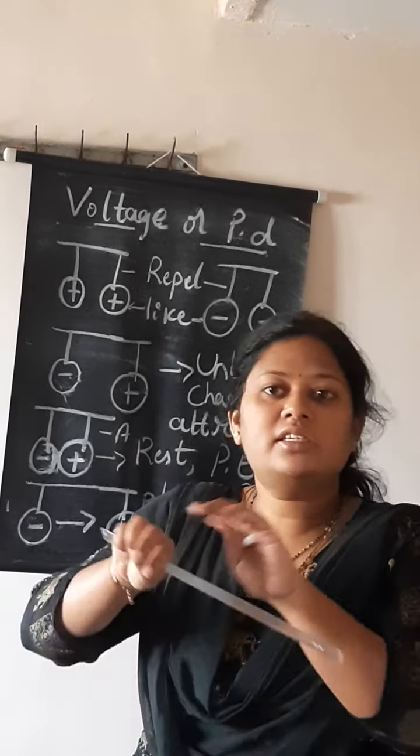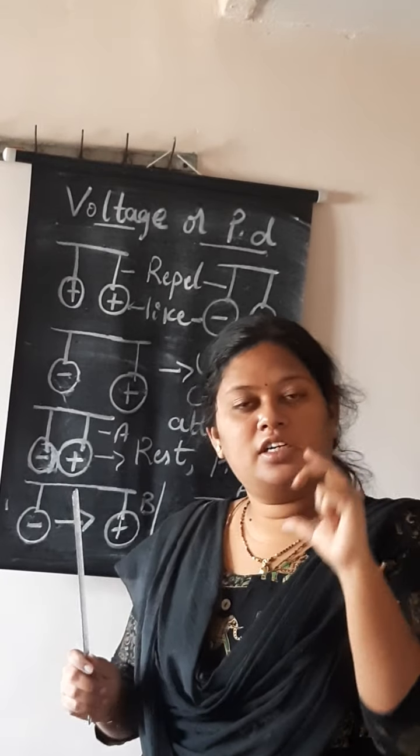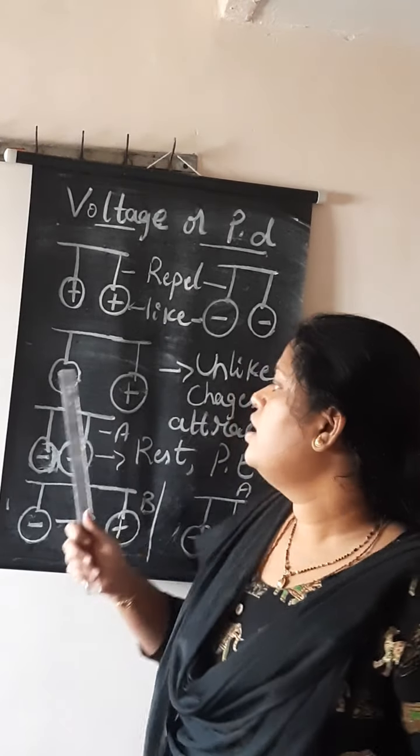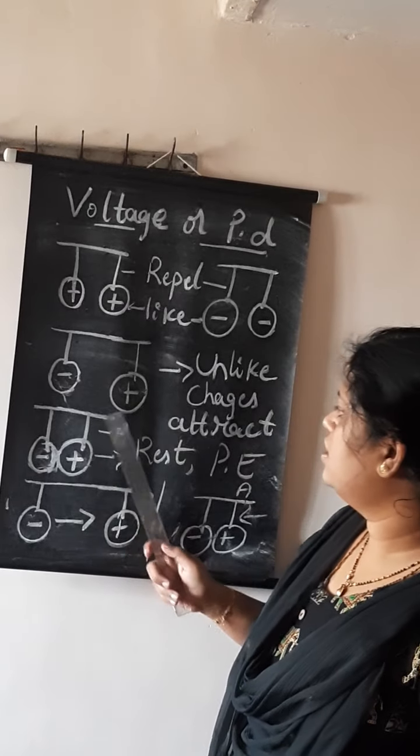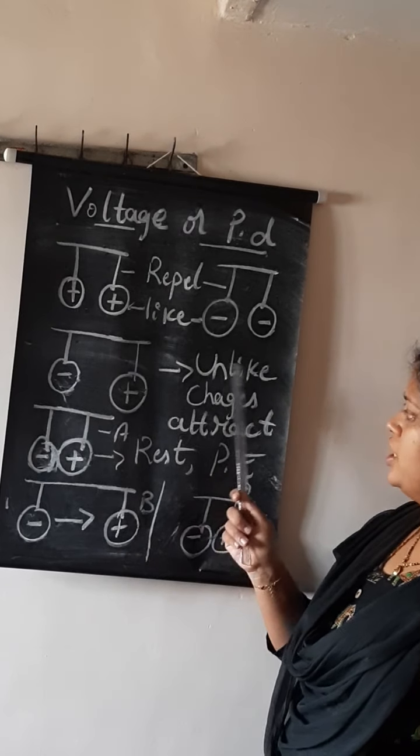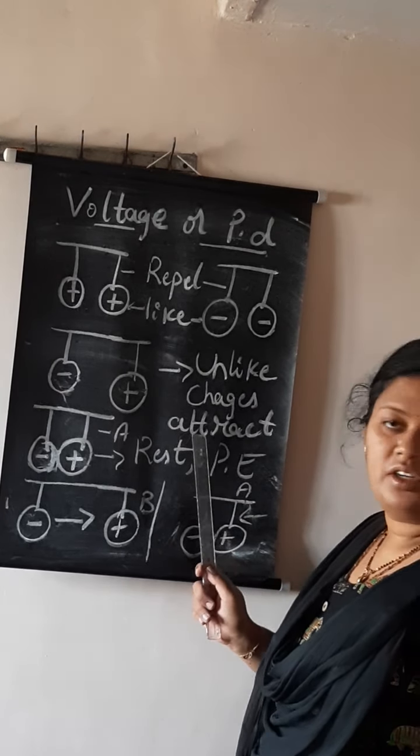But when you bring the unlike charges together, what happens? It gets attracted. One negative charge, one positive charge, either way you can write. When you bring the unlike charges, that is a positive and a negative charge together, they get attracted to each other. In the next picture you can see there was a distance before between the negative charge and the positive charge, and next you can see that it is getting attracted towards it.